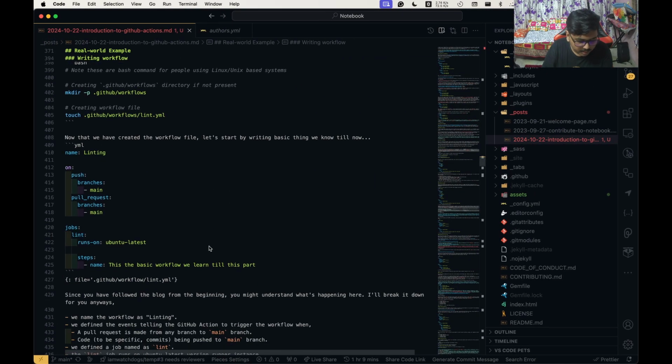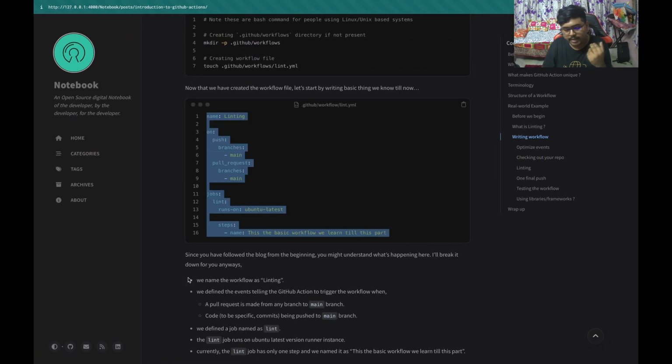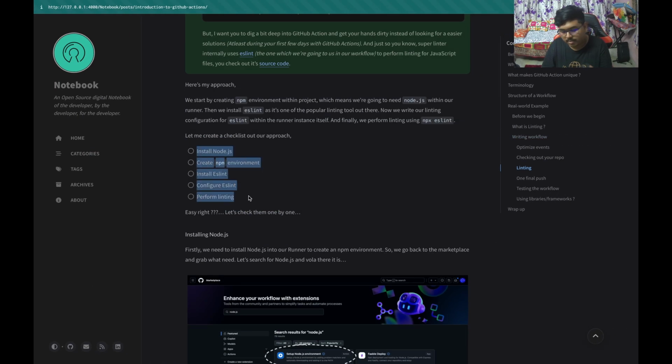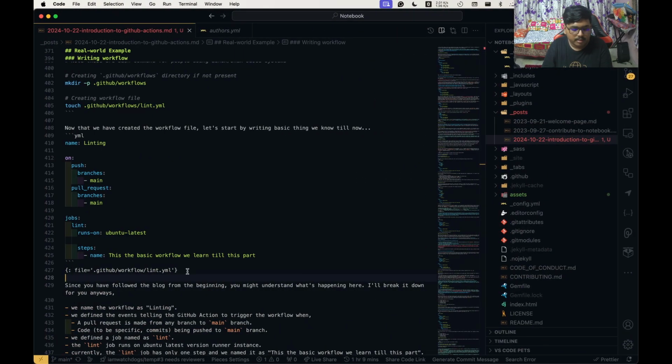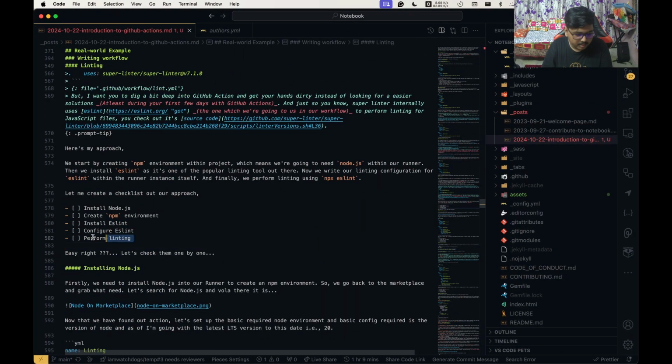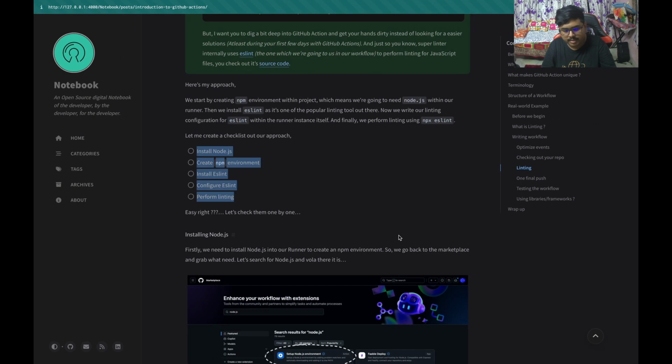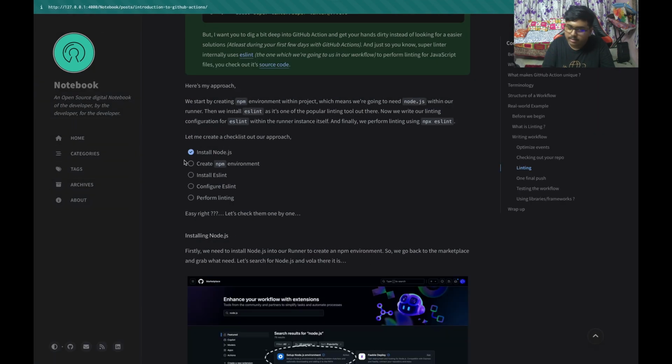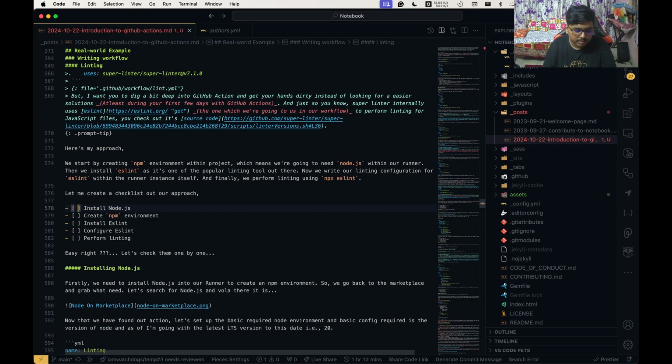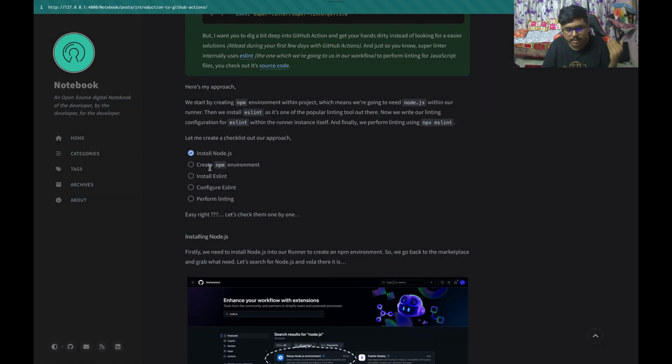So all you can do is specify this as a file attribute and give the specific file path to be rendered like this. And these are the checkpoints which I've shown you in text and typography. These are just checkpoints. If you specify an X within this, it is considered as a mark or tick, as you can see here. And if I remove it and put a space, it will just